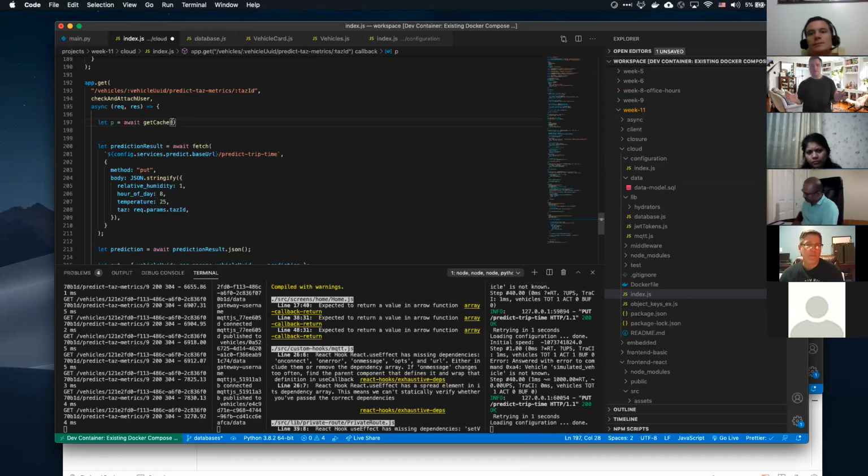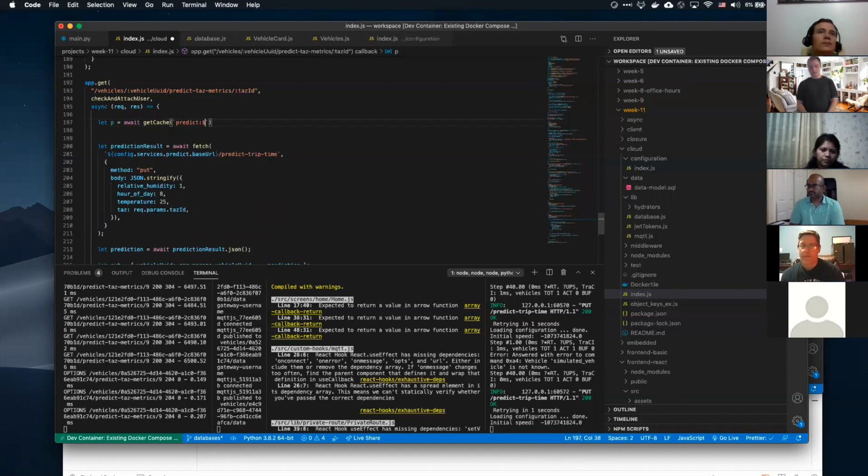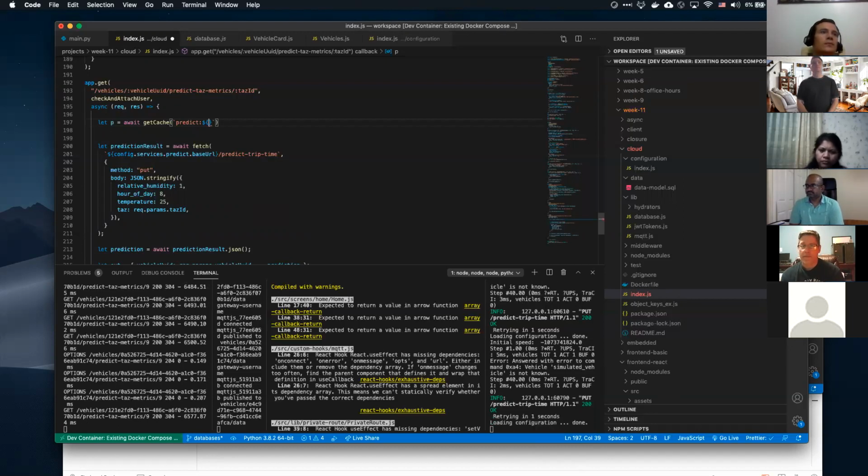What should our key name be? Well, it can't conflict with our current Redis, and so we kind of need to namespace it. So the namespace that I'm going to come up with is, I'm going to say predict. So every single one of our predictions is going to have a namespaced predict tag in front of the key. Say predict: and then what I can do is I can do req.params.vehicleUID.